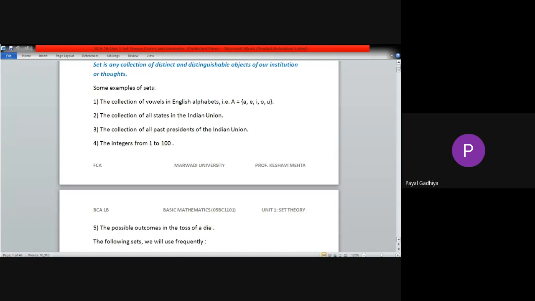Okay, then make a set of outcomes when you are tossing a die. When you toss a die, what will you get? Write it in the representation of a set. And repetition is not allowed when you are representing a set. You cannot write 1, 1, 1. No, that is not allowed. One will come only once. Yes, very good. This is how we can write a set of possible outcomes of a toss of a die.